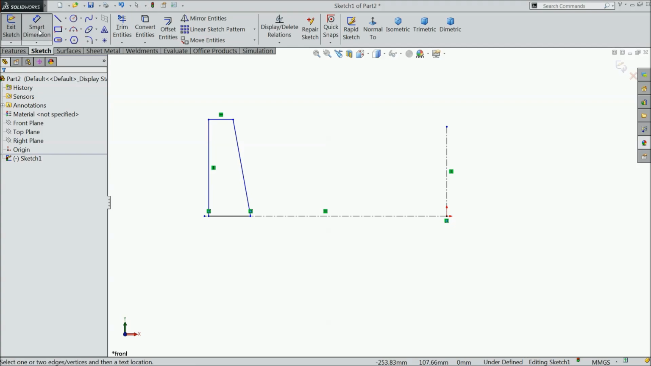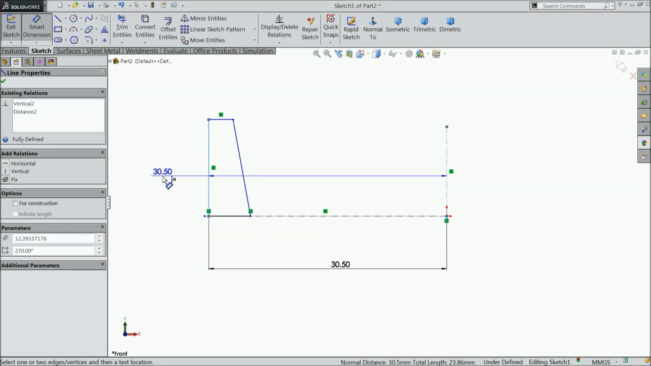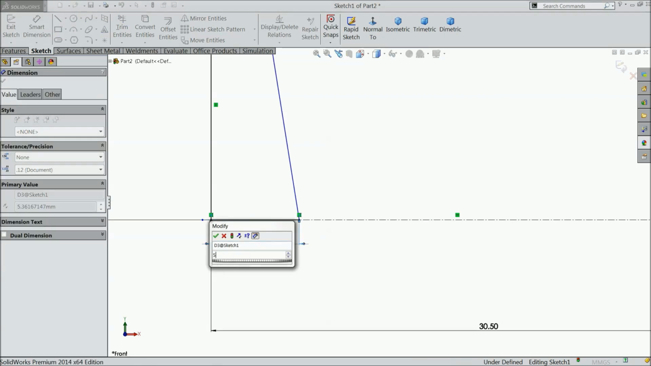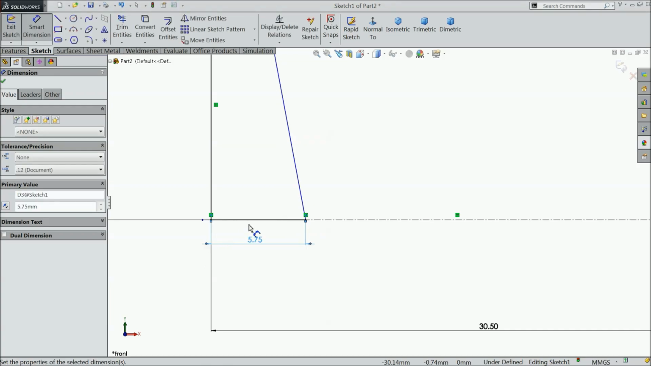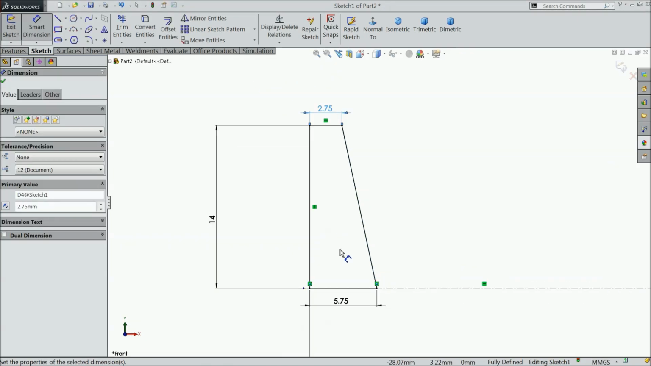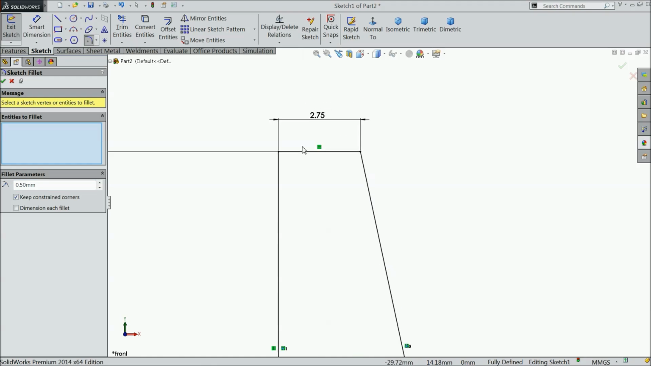Okay. Now let's define 30.5 mm and the length 14 mm. .75 mm and define this length 2.75 mm. Okay, select here fillet 0.7 mm, select both the corners. Let's do 0.8 mm. Okay, and now make 0.5 mm and select these two ends. Okay,